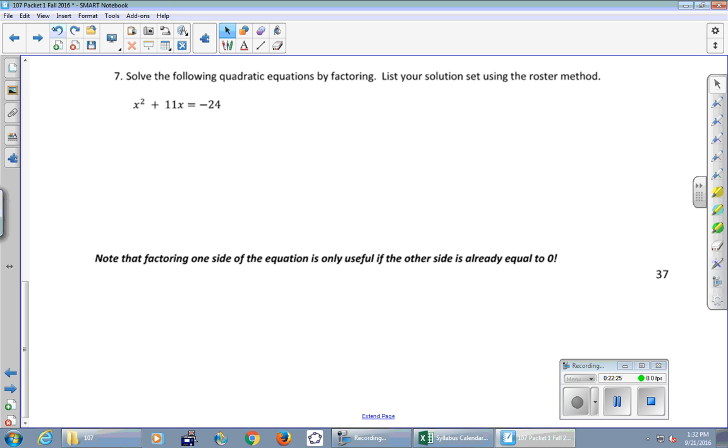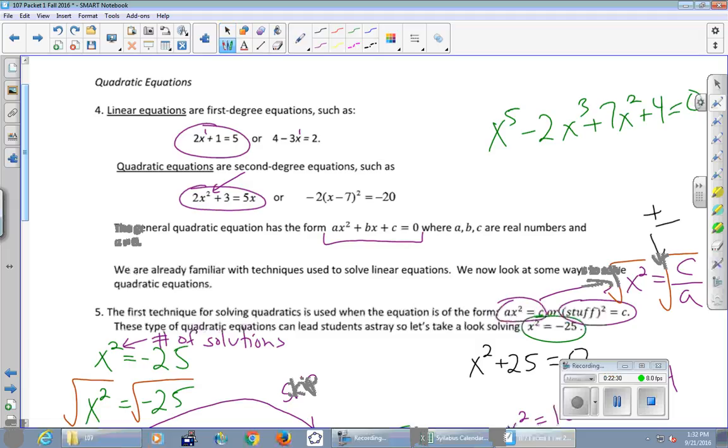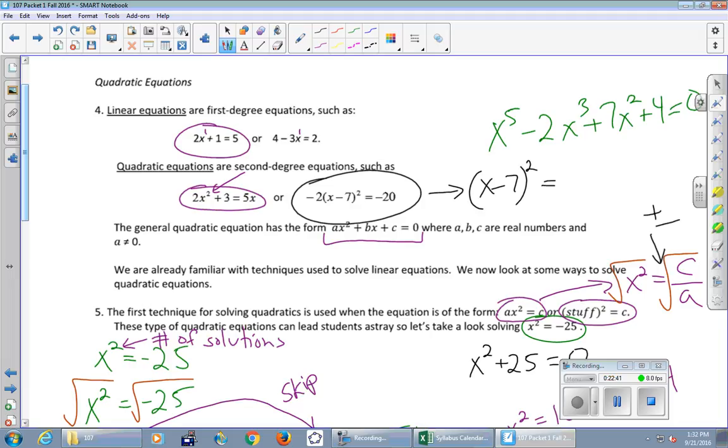Whoopsies. Let's try that again. That equation right there. First, I would move the -2 to the other side by dividing. X minus 7 squared equals 10. And then do what to both sides? Take the square root. And when you do that, the squared on the left-hand side disappears. And the square root moves over there. It might be easy to forget, but what did I forget? Plus or minus. Add 7 and it's done.